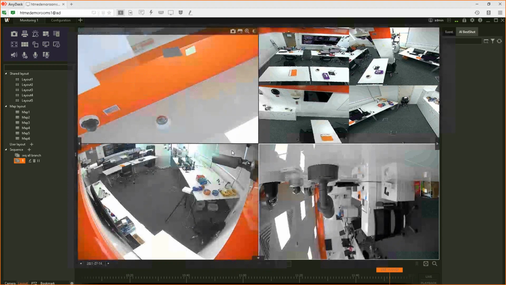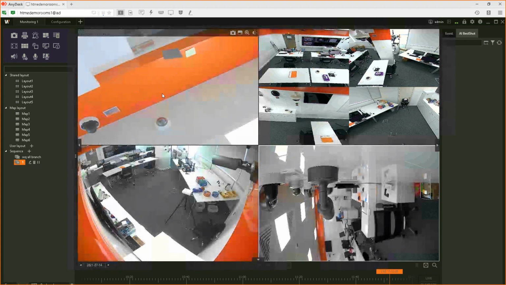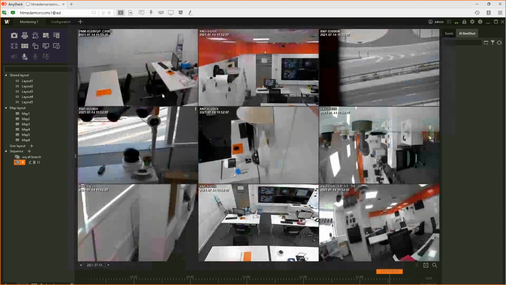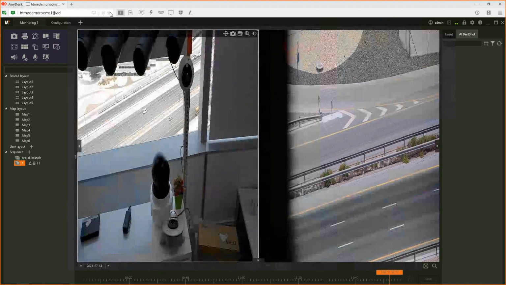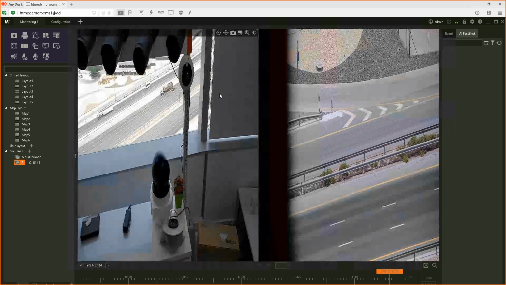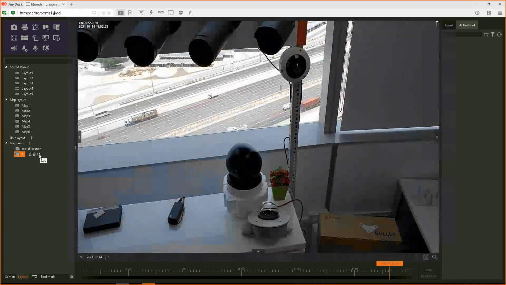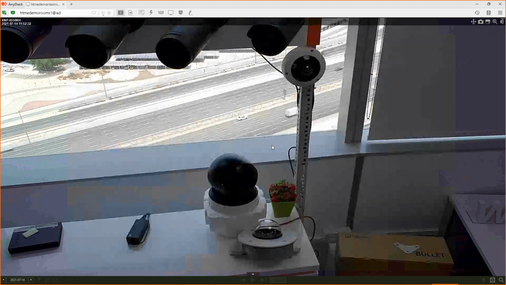So first it will play the main layout. Then after 10 seconds, it will switch to the second layout. Okay, so it pre-buffers. It does not take time to load. Before the 10 seconds, it will preload the new cameras. So there will be a smooth transition. Even when you're viewing over AnyDesk remote, you can find it smooth enough, right? In a real environment, it will be much smoother. All right, so this is sequencing. You can have full screen and then leave it for sequence.